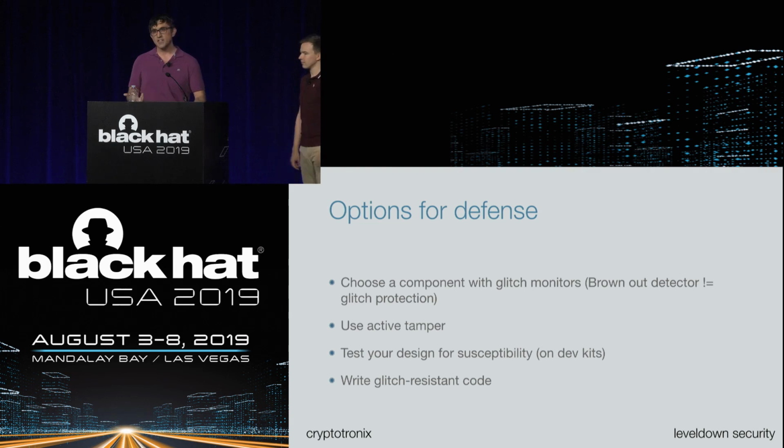Another thing to consider is active tamper. Basically, don't let someone physically get access to your design, to the chip. Depending on the situation, this may or may not be applicable, but if they can't get access to the chip, it's going to be hard to insert the glitch right next to VCore. If you're building a product, you should test your design. Hopefully now we all know that it can be done very cheaply, with a small amount of components. We recommend that you test your design for glitching before you release it. And lastly, there are some tricks to write glitch-resistant software, but none of that helps if the software is burned into the boot ROM. So not much you can do there.